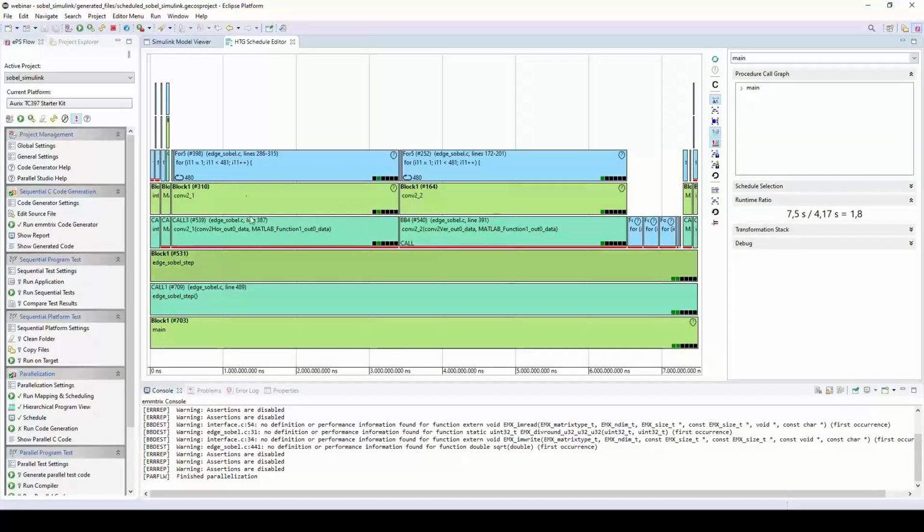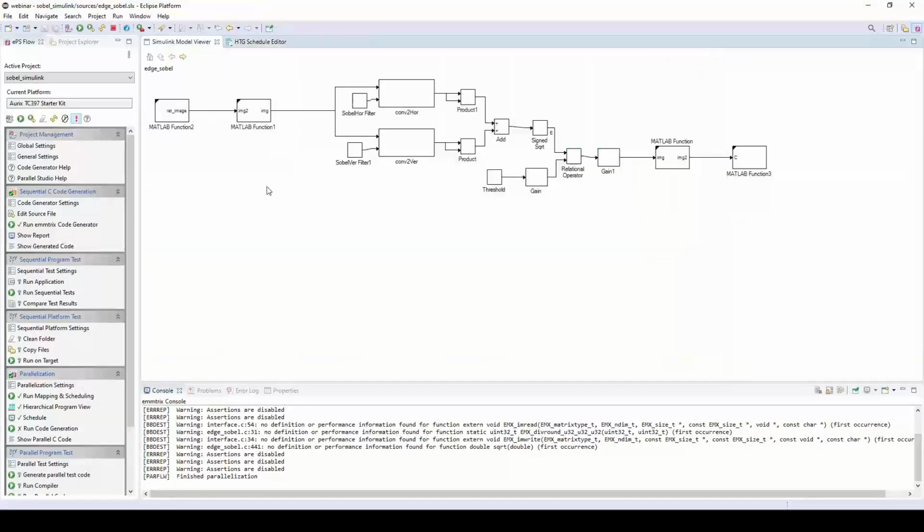So, what you can see here is a view of the whole program. If you go up, you go deeper into parts of the program. The main block down there is the whole program. And for example, if you drill down here, you will get to this convolution, which actually